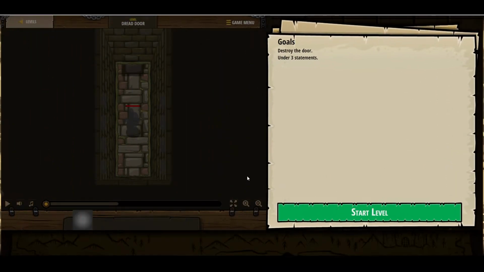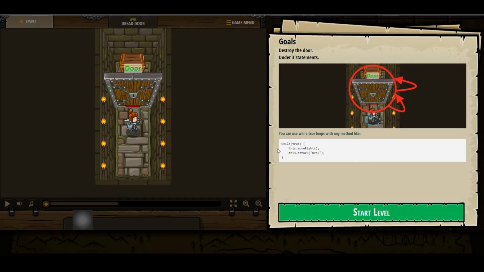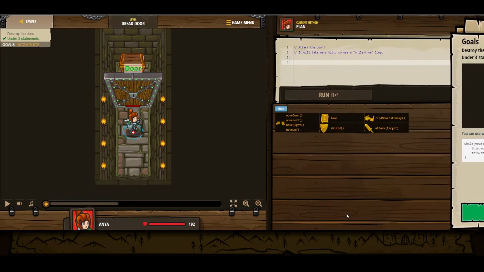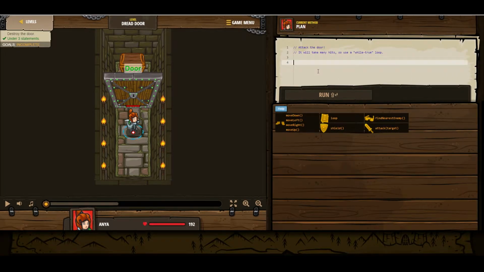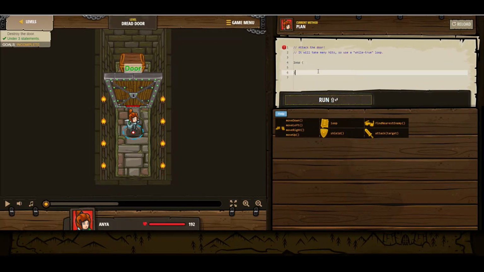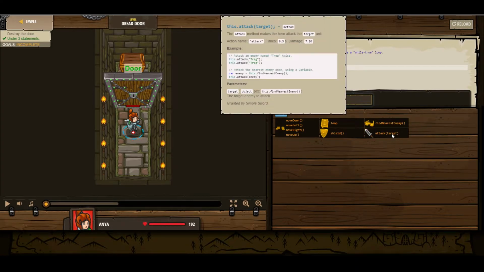Destroy the door in under 3 statements. Alright, any method can be used inside of a loop. In this case, we are going to be attacking, it looks like, the door. Alright, so we start by creating a loop, closing it off, and indenting. And we are going to attack the door. Alright, I believe it is this attack and then the name,